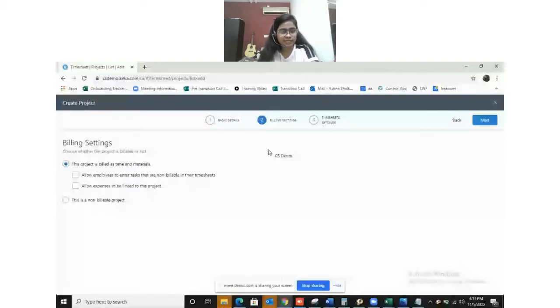Now, the next would be the billing settings. Under these billing settings, we need to define whether this particular project is billable or non-billable. If the project is billable, then we need to show whether all the tasks under that project are billable, or only some specific tasks. If under one project we have certain tasks which are billable and certain tasks which are non-billable, then we can select this option, which will allow the employees to enter those tasks as well, which would not be billable,